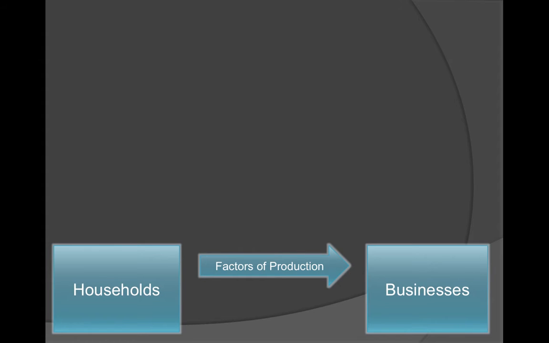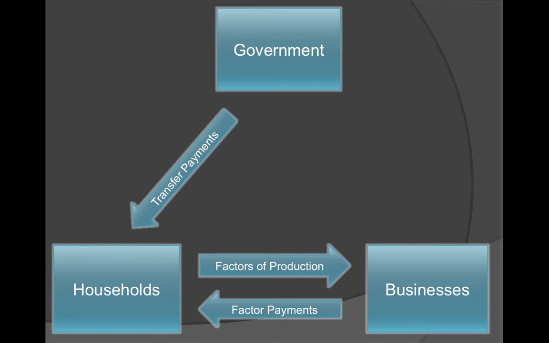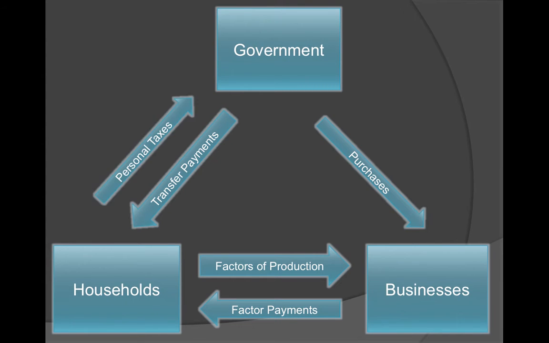But now let's move on to what this kind of looks like. As I said before, households give factors of production to businesses, and then businesses would also give factor payments back to the households. We said the government was involved through transfer payments and purchases from the businesses, and then we would give taxes back and businesses would give business taxes back, and this is kind of how this would look. And as I said before, you might not want to write all this stuff out like the charts, but I would at least take the notes for sure.